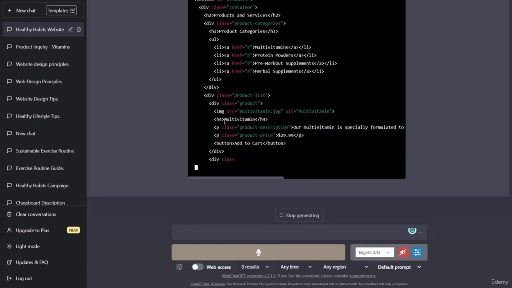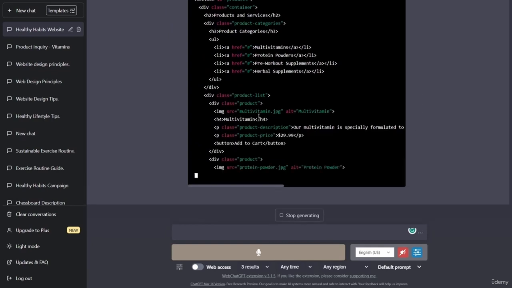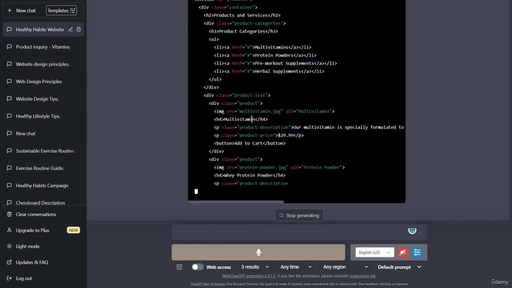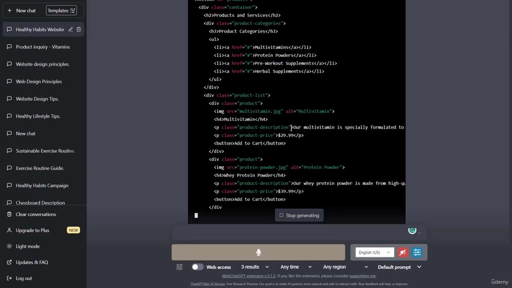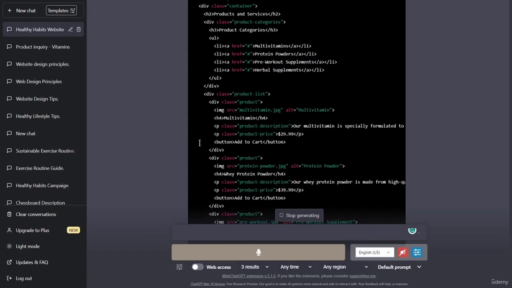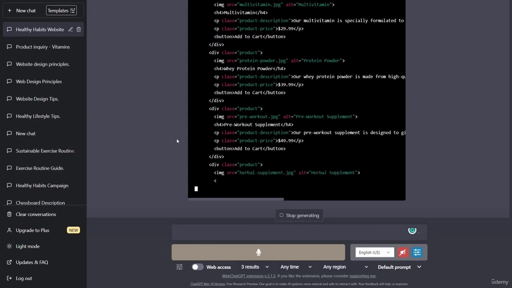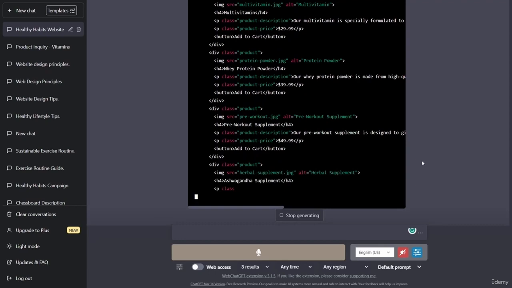And this is what it's done. So instead of having a product title, which would be like a placeholder, now it is actually adding in multivitamins, it's giving a description of multivitamins, and it's providing us with the price. So this is giving us the best output from ChatGPT when it comes to the product section. So keep that in mind, and